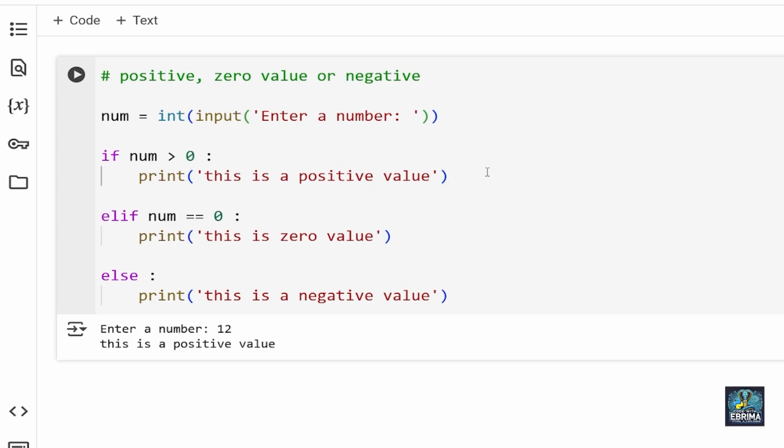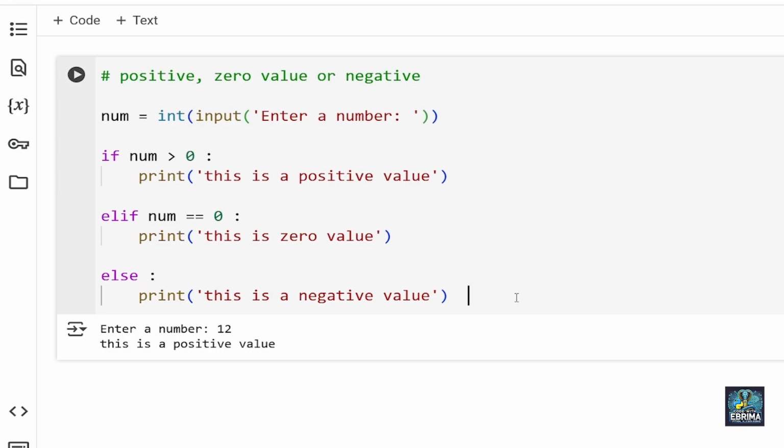So this is important to note. Remember, when it comes to the if and else statements, that is only if you have 2 possibilities. But if you have more than 2 possibilities, then you have to use if, elif, else. If is mandatory, else is optional. So let's say you have more than 3 possibilities, let's say 4 possibilities, then you have to add another elif block. That is what we are going to take a closer look at next.